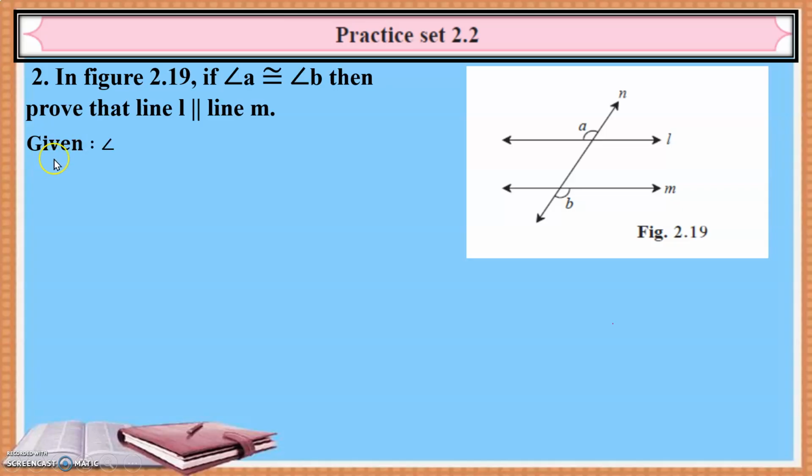So we have to first write what is given. Angle A is congruent to angle B. And what you have to prove? Line L parallel to line M. Now, to start with the proof,